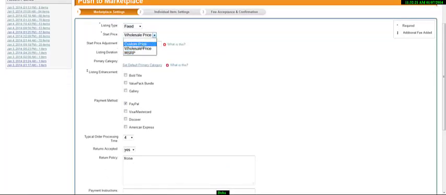Now for this second start price, you can select a custom price, which I don't really recommend, or you can select a market. I don't know what that refers to, but I don't really select that one. All I do is the wholesale price. So what this does, it lets you take the wholesale price and add an additional percentage of how much you want to profit from